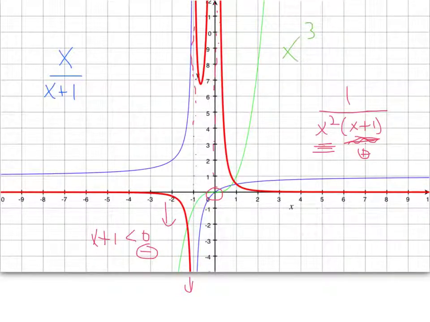And again, as these things get larger, as the bottoms get larger, the thing is going to be going to 0 in both directions. So we're going to have a horizontal asymptote at 0. Okay. So that's certainly more than you need to do for this problem, but I thought I would show you the pictures of what these things look like when they're